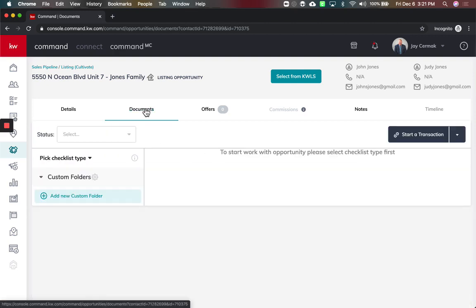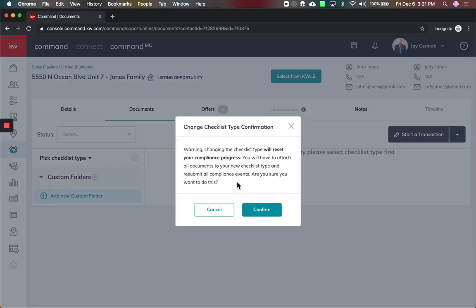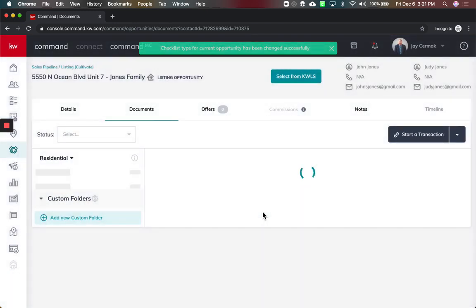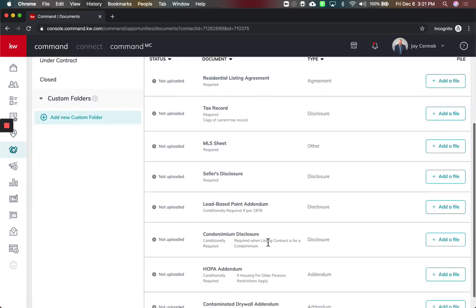This is where we're going to have our files in. Now, when I come to Documents, you need to choose which checklist. So if your market center has more than one checklist, which we do, you would choose, is this residential? Is it condo, commercial, whatever it is. So we're going to stick with residential. That's okay. And this is now my residential checklist, a listing of what my market center requires for